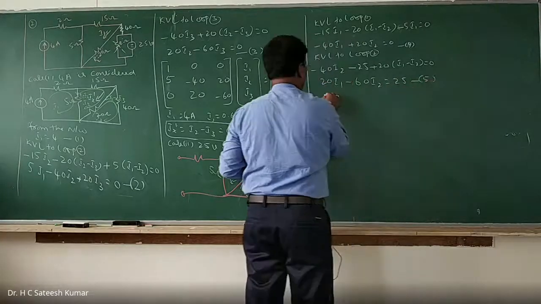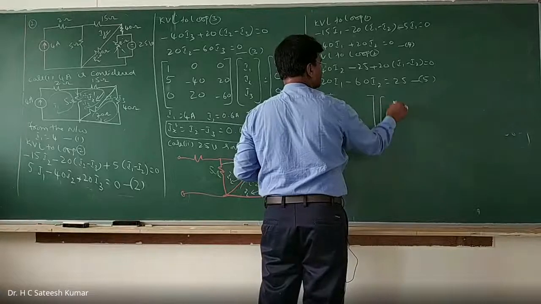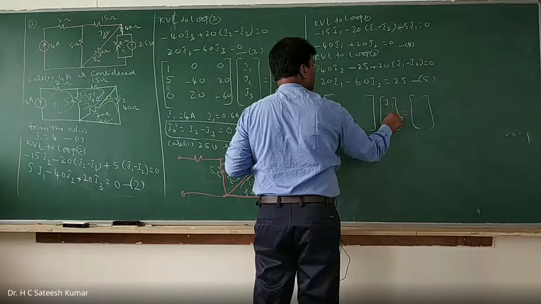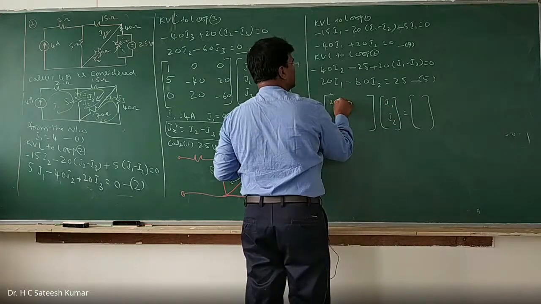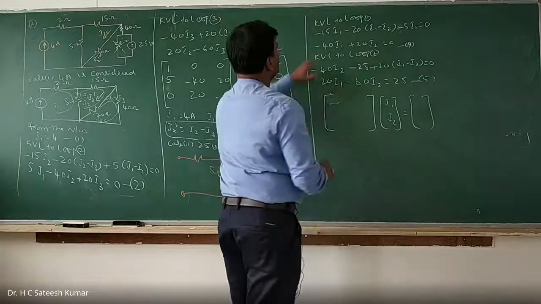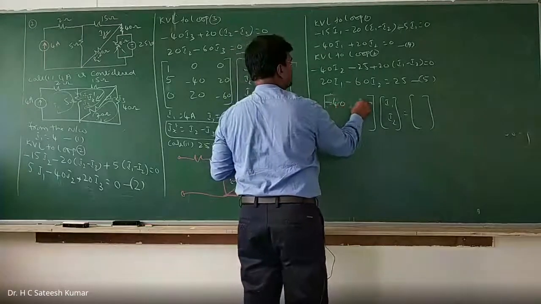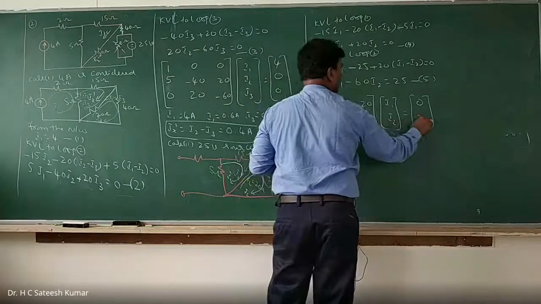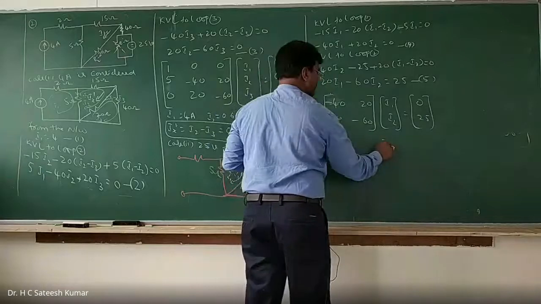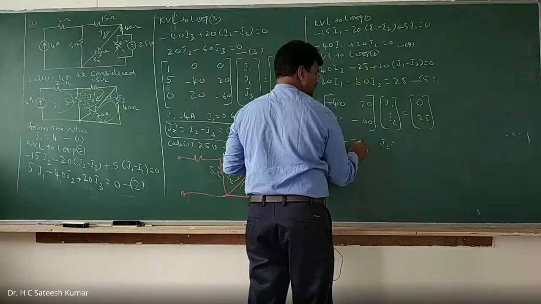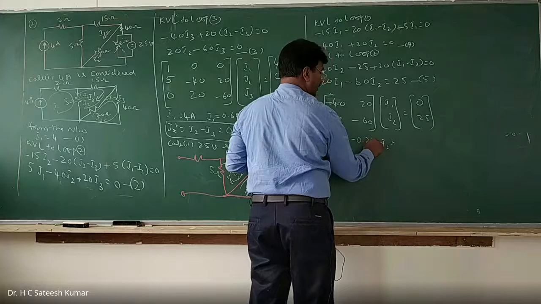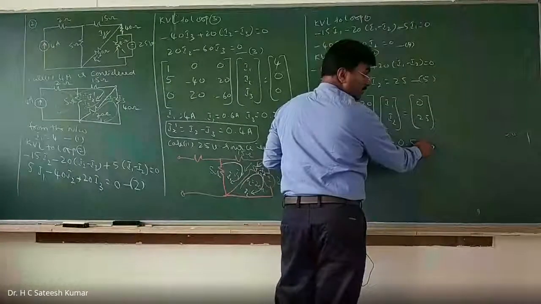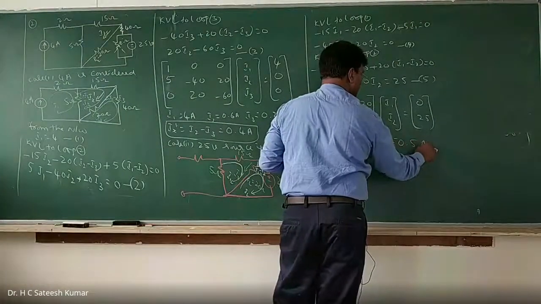Now you go for a matrix. Now you go for a 2 cross 2 matrix, 2 unknowns you select while doing the calculations. I1, I2: first equation I will consider, minus 40, 20, 0, and 20, minus 60, 25. Tell me the values of I1 and I2. I1 is minus 0.25 amps and I2 is minus 0.5 amps. Okay, right.